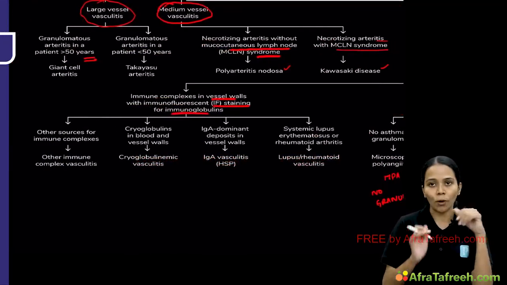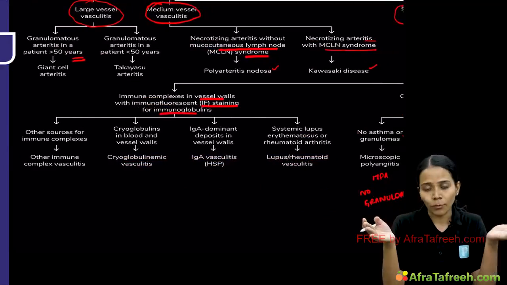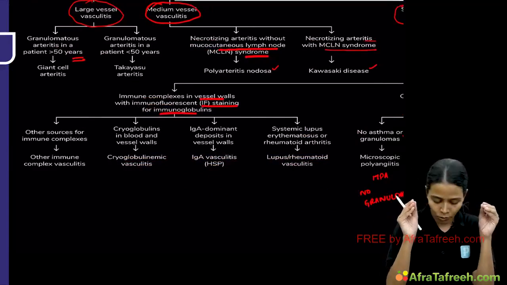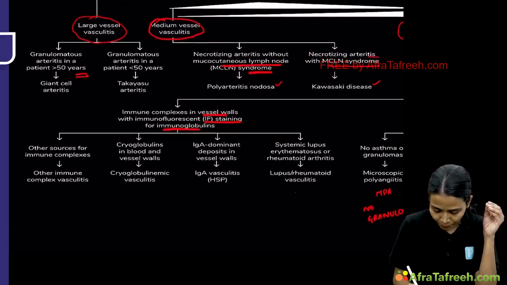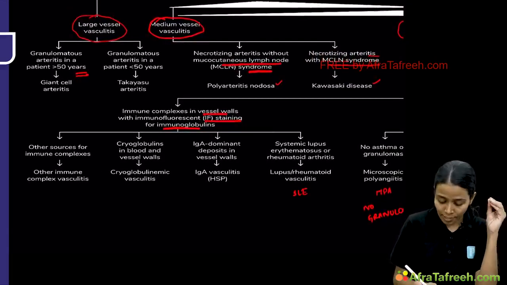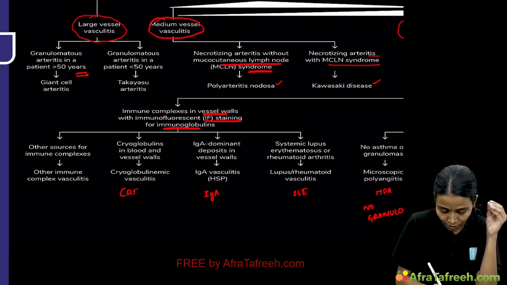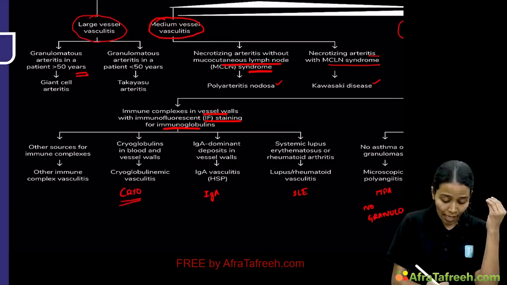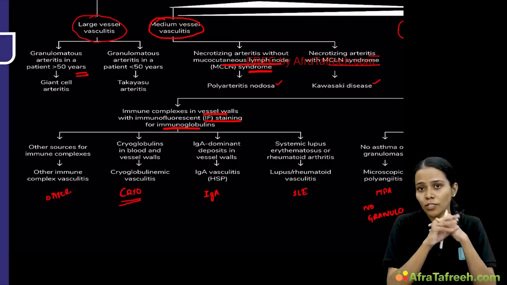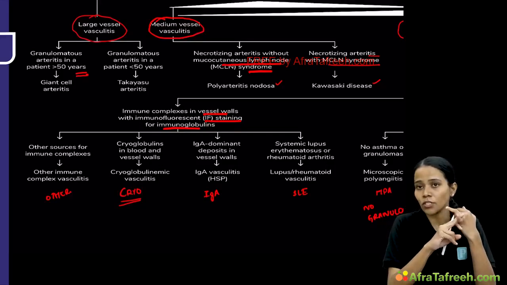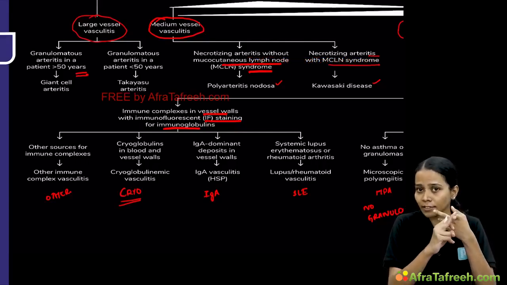Now coming to the immune complex. There are 4 important diseases which can deposit immune complexes and cause vasculitis. So the first one is SLE, which is common, or rheumatoid arthritis. The second disease which can cause it is IgA nephropathy. The third is cryoglobulinemic vasculitis. And the fourth can be other immune complex vasculitis, which we are going to learn. So the major ones causing these are SLE and rheumatoid arthritis, IgA, cryoglobulinemia, and other immunological